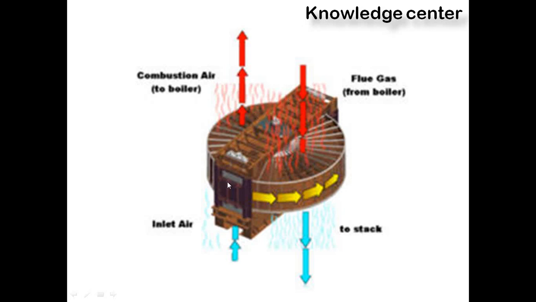zone. Here we have inlet air. So air will come in this direction, and that is natural air. But when this is rotating, it is absorbing the heat from the flue gas, and it will take that heat to this zone where we have natural air. That heat which is absorbed from the flue gas will be added to the natural air. So that natural air will get heated up, and that hot air will be given to the boiler.